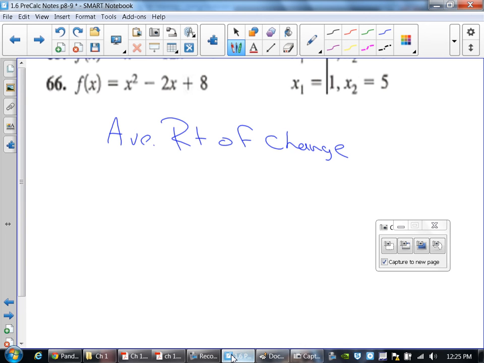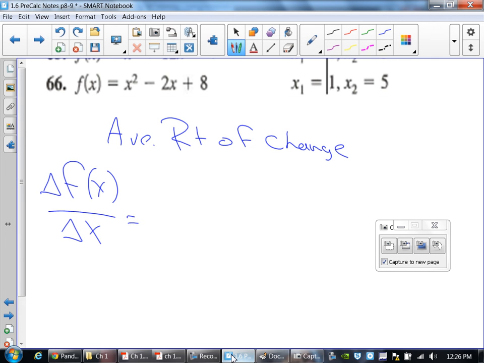What this meant was it was asking you to find the change in f of x over the change in x. Remember, for the change in f of x you have to substitute in the values of x to figure out the f of x. The only thing that's different from what you've done in the past with just slopes is that now you have to figure out your y coordinates. They're going to tell you your x coordinates, and you substitute in to solve for your own y coordinates. That's all f of x stands for. F of x in this case is the same thing as y equals. So if I want to find the average rate of change of this function between those two points, 1 and 5,